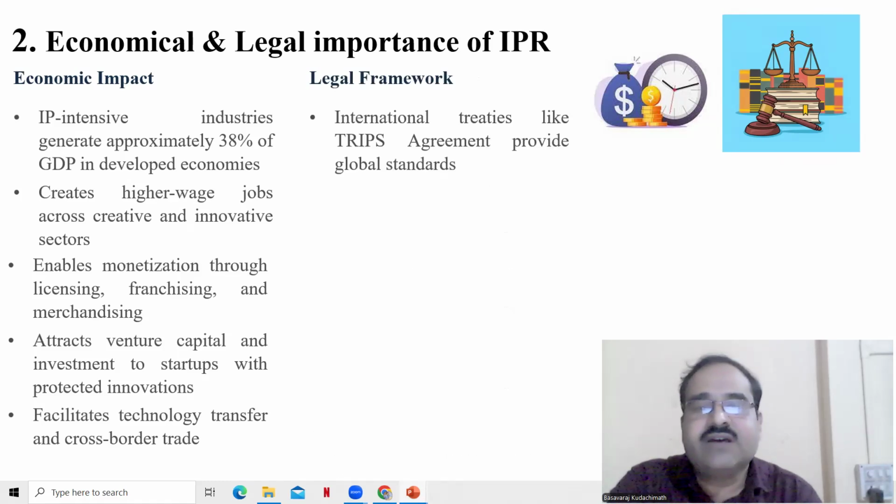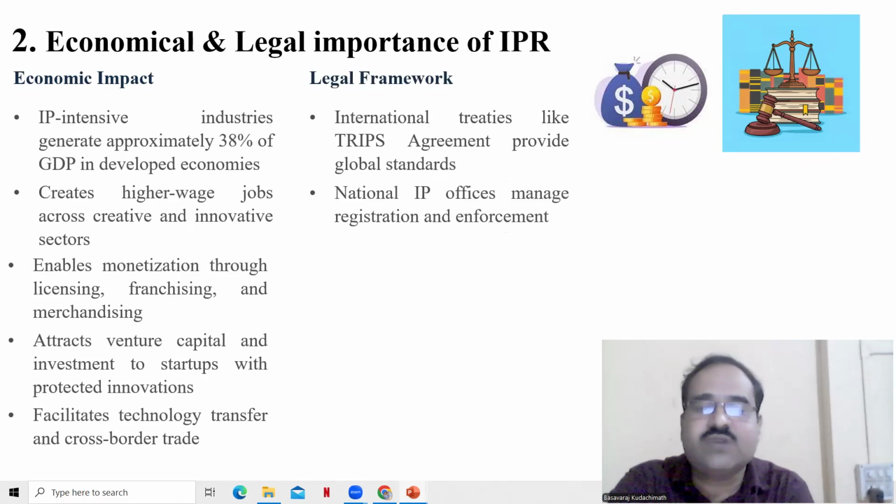Legally, if you see, the international framework is also being made, and it is being satisfied by the intellectual property rights systems in the country. For example, international treaties like Trade-Related Intellectual Property Rights, that is TRIPS, and agreements provide global standards. When there is a global standard, any country operating in the global way has its products protected, and they are supposed to protect the intellectual property rights of other countries also. So bilaterally, it will protect each country's interest in the market for new product launches and all that. That is what we call the legal framework.